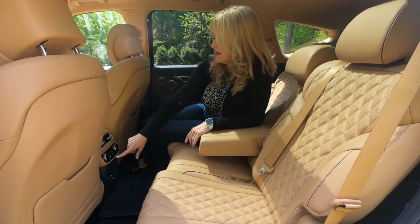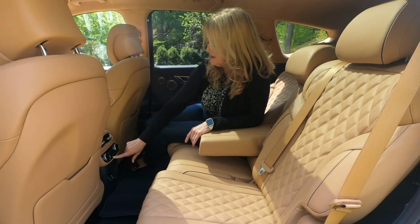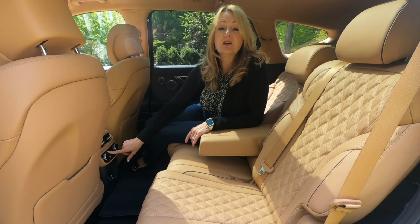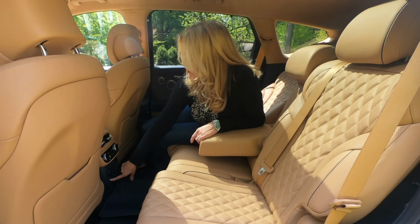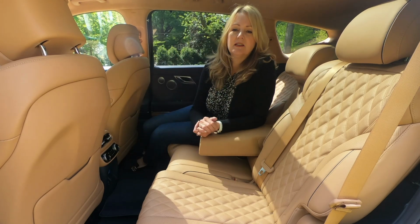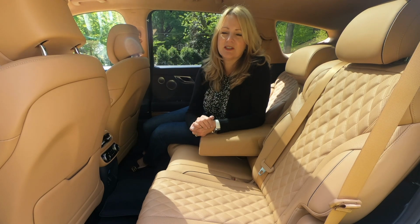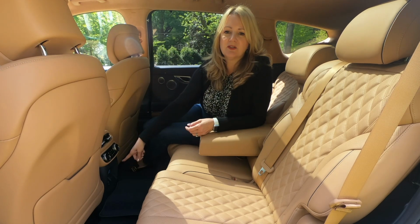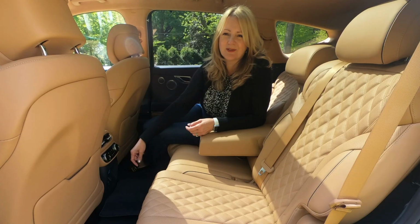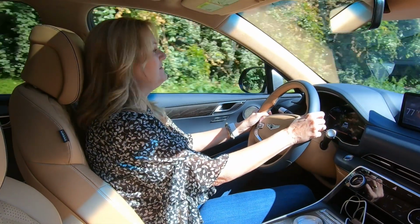Another thing that you'll see back here is rear seat passengers get climate control. There are vents, there are heated and cooled seats, heated and cooled. And there are 2 USB ports and a household plug. Genesis has eliminated at least one of those cigarette adapter style power ports. There's one in the rear, but instead of putting one of those useless things here, they actually gave you a household plug. That's a pretty nice luxury. I think the most impressive thing about the GV80